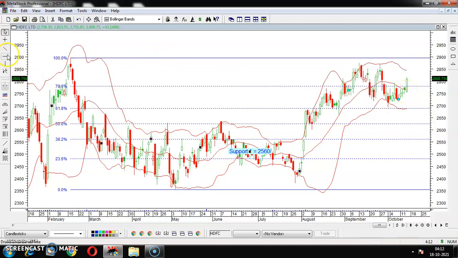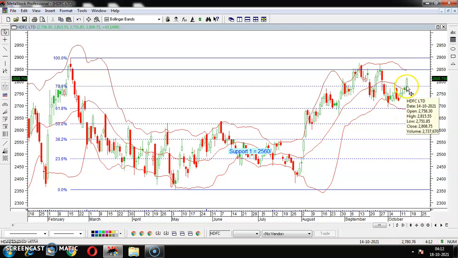So as far as the Bollinger Band is concerned, there is a W bottom formation, and there is a possibility to rally from here towards the upside. As far as Bollinger Band is concerned, the first target would be around 2,850, and as far as Fibonacci retracement is concerned, the target is 2,900. Both Fibonacci retracement and Bollinger Band are giving positive indications, and we have also checked the RSI. Stochastic has already given a trend reversal sign. So this is a bullish sign.